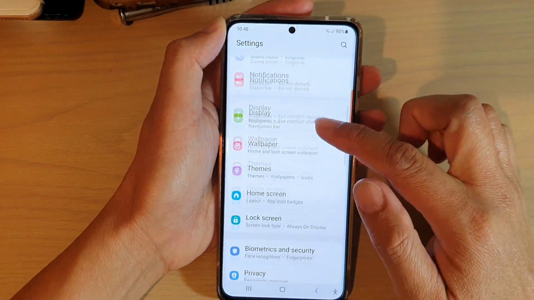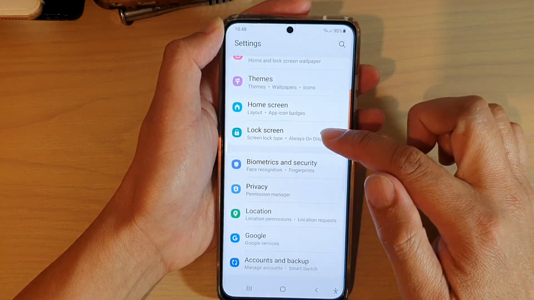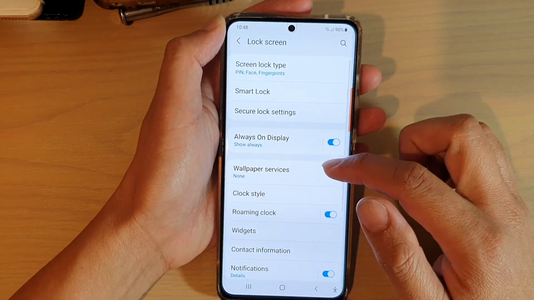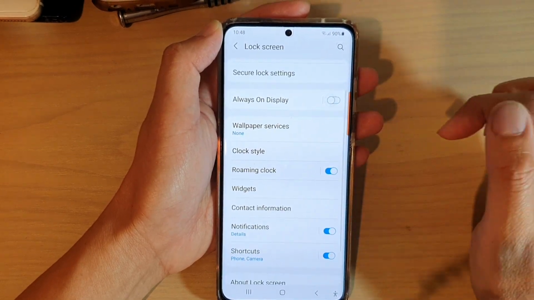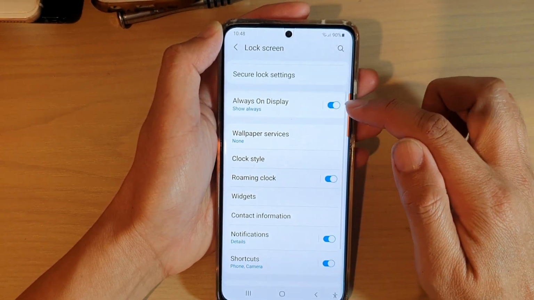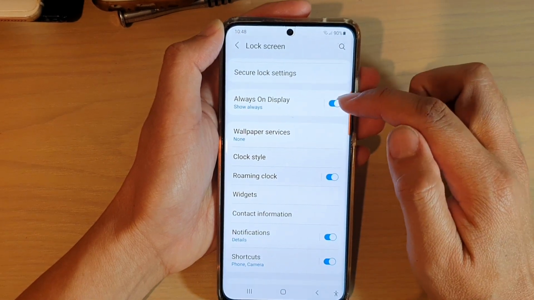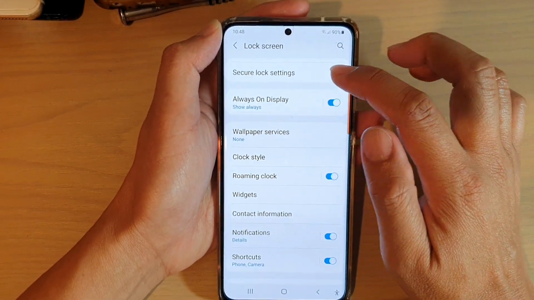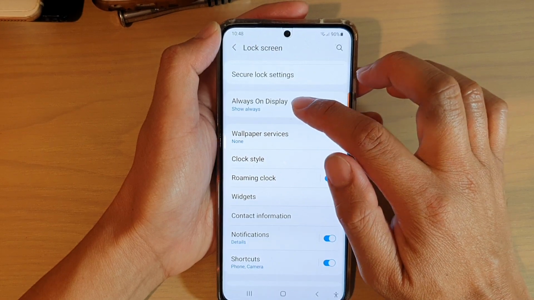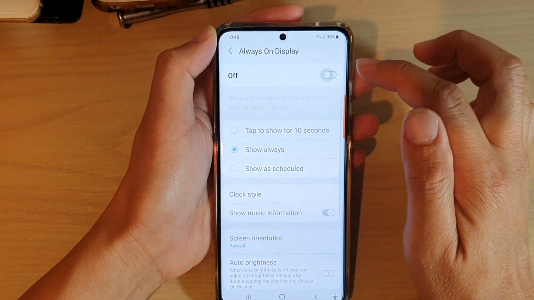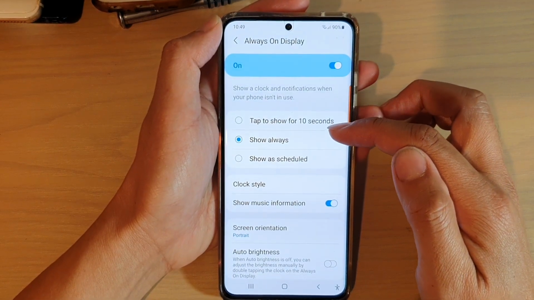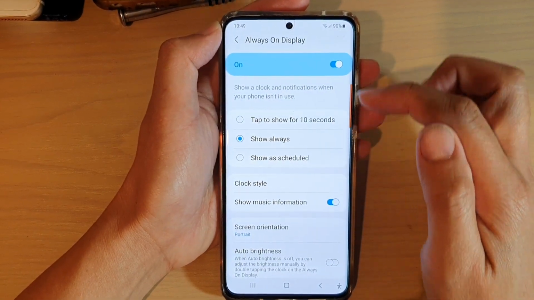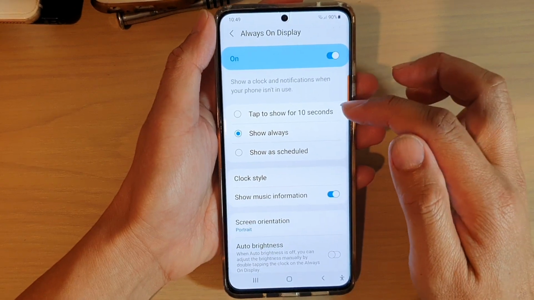In here, go down and tap on lock screen, and then you want to swipe down and tap on always on display. So tapping on the switch on the right hand side here allows you to switch it on or off. Now you can also tap on the left hand side panel, and up here you can also switch them on or off. Once it is on, you can also change other functions associated with always on display, such as